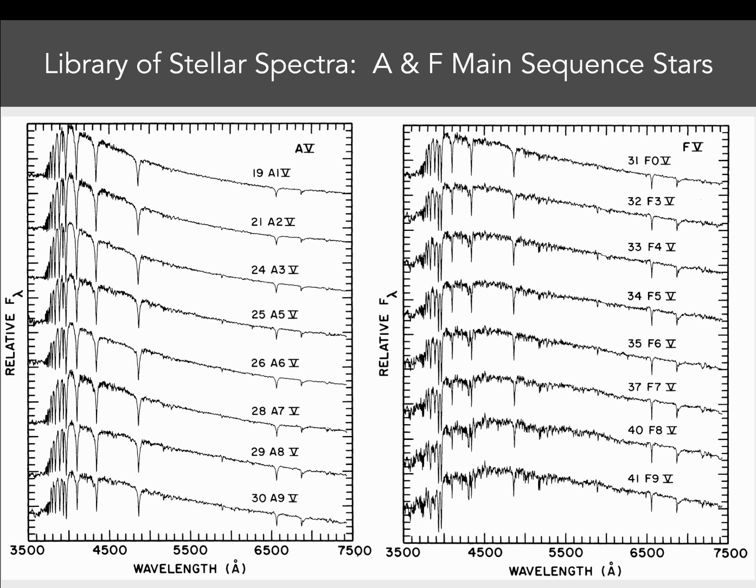What one does to classify a star is to look for these broad features: whether the spectrum is sloping up to shorter wavelengths or up to longer wavelengths. You're looking for the spectral patterns of particular elements, for example, the hydrogen Balmer series. But then you're also looking at the relative ratio of line intensities. So, for example,